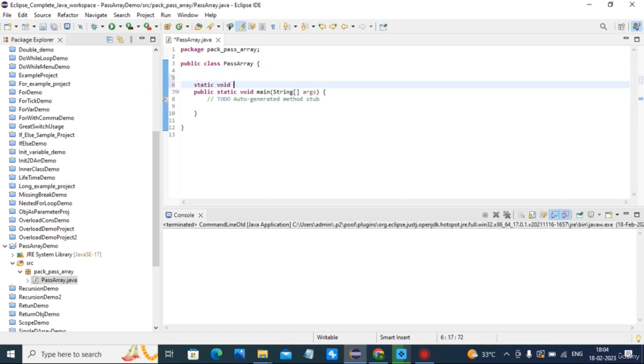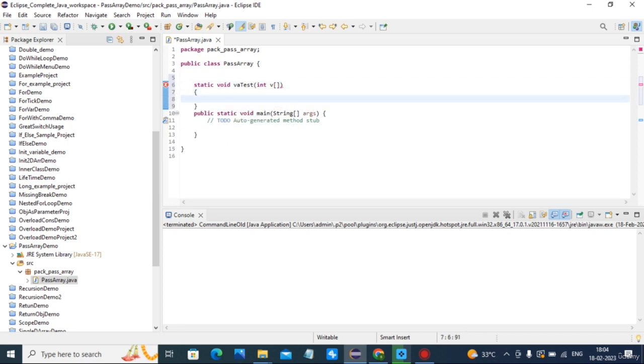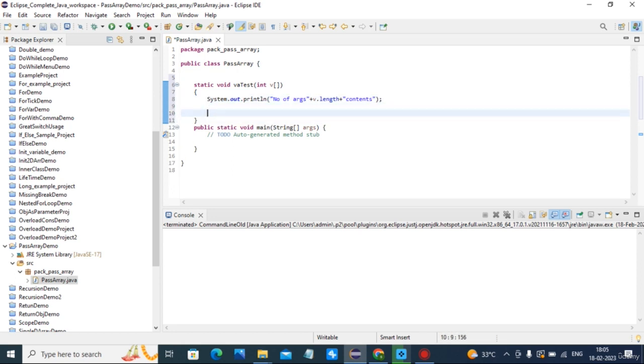Static void variable arguments test method is there, and I'm passing int v array. Here, number of arguments plus v dot length plus contents, as we have seen in the example in the theory PPT video. Same example I'm repeating, nothing new here.